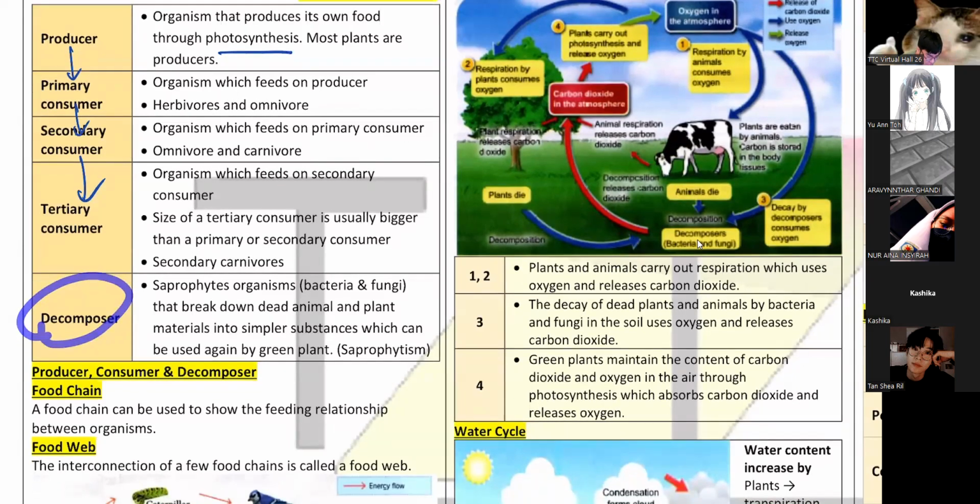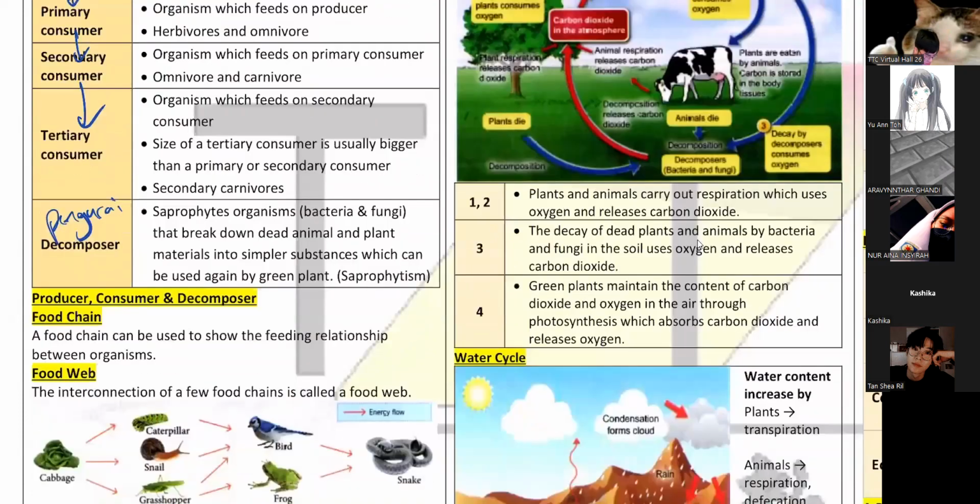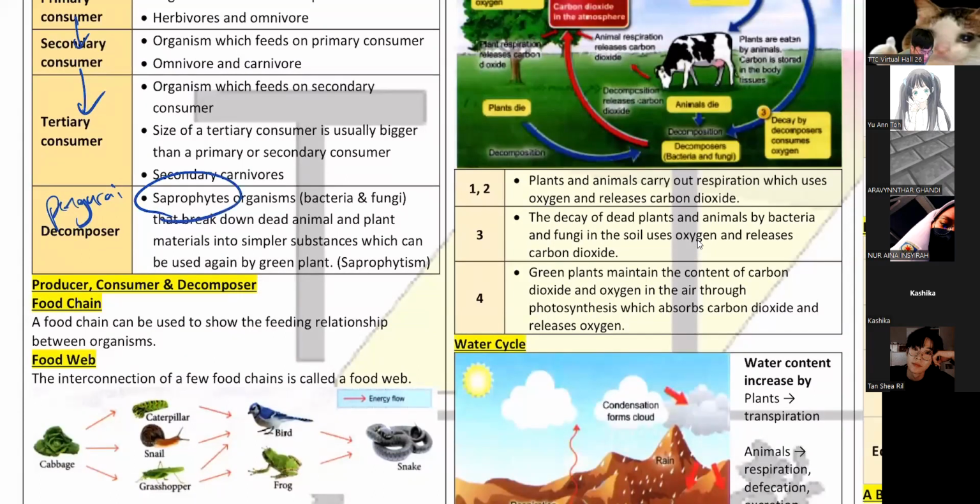Last will be your decomposer. This is your pengurai. You know who is pengurai? Pengurai is your bacteria. Okay, someday you will die, right? When you die, they decompose you, they break you down. So this is called saprophyte. Saprophyte is the thing that feeds on you when you die, like those mushroom, bacteria, fungi, they will